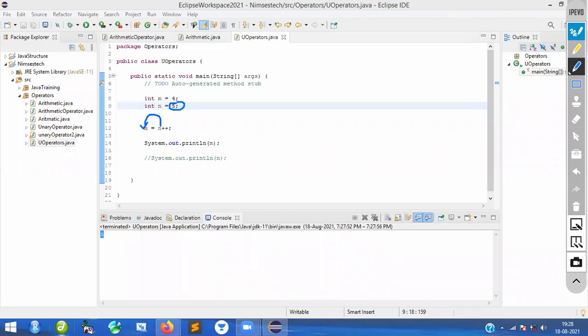Please understand these things. Thank you very much for those questions. Somebody asked a very good question, and really thanks to them. That's why I commented this one. Very simple and easy. What is the value of n? The n value is equal to 5, correct? Again, what kind of increment is it? It is a post increment. First assign the value. The n value here is 5. First you assign this value to this particular m. It will not increment. That is the reason why the n value is equal to 5.